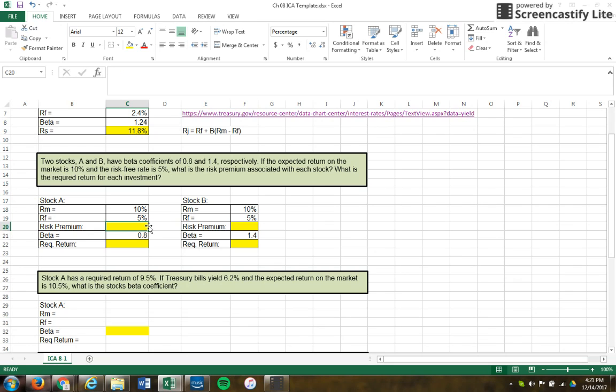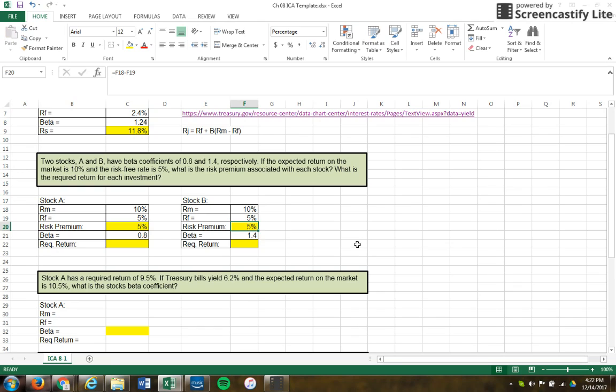So we know the risk premium. The risk premium is this part right here of the formula. That's the RM minus the RF. So that part of the capital asset pricing model formula is considered the risk premium. It is the percentage above a risk-free investment that investors are requiring in terms of their investment. So in order to calculate that, we're just taking our market return minus our risk-free return. So on both of these, we're going to have the exact same risk premium because it's based on the same